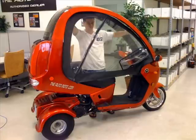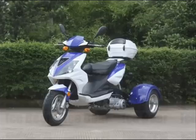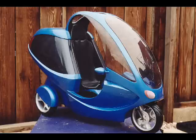So right now there's a really cool manufacturer out there known as Ice Bear. Ice Bear is the largest manufacturer of scooter trikes. They have all different types, all different styles. I like their products. They're not exactly the most reliable or the Cadillac of scooters out there, but they're a good place to start. And what I'm looking for is a fully enclosed scooter trike